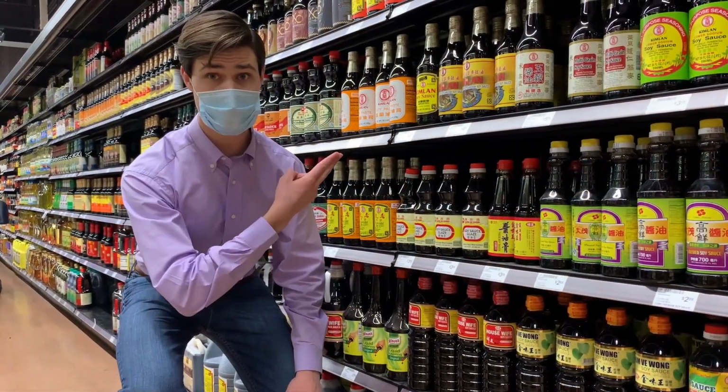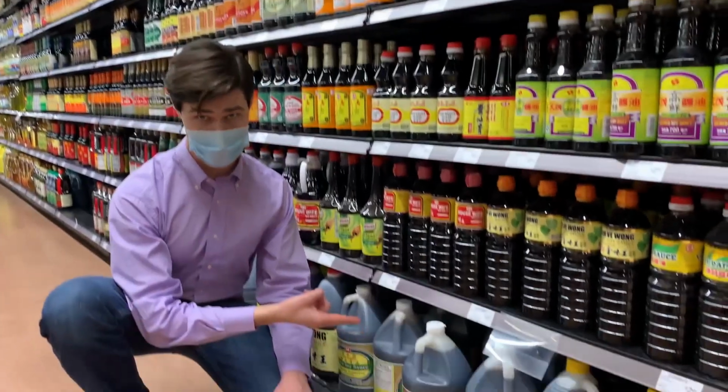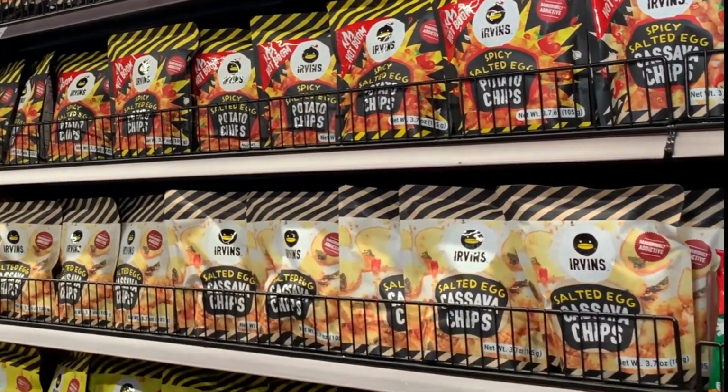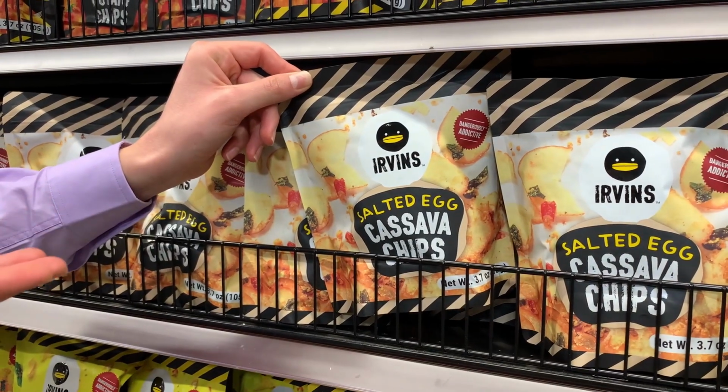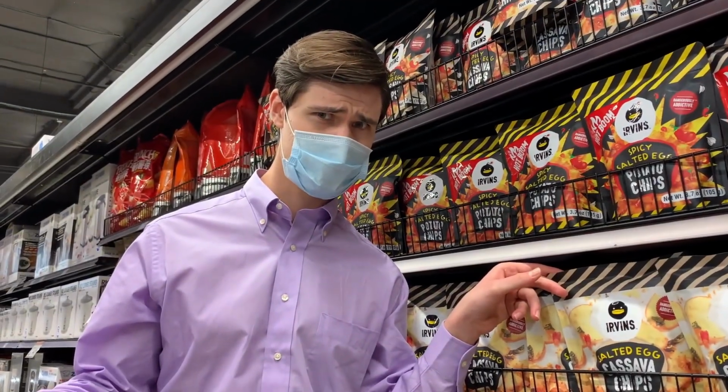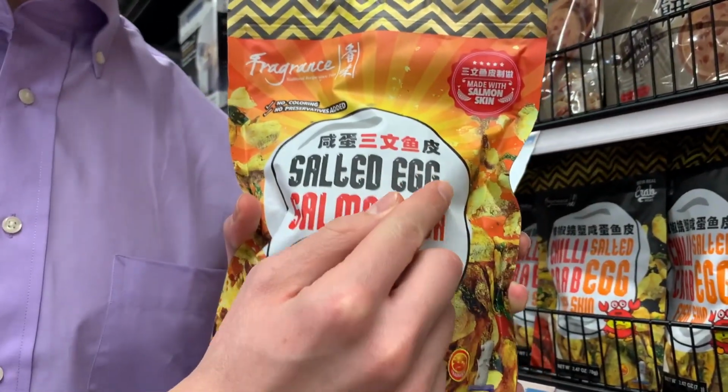Do you buy soy sauce or do you buy soy sauce? Here in the dry goods section, we have everything you need. Noodles, snacks, sauces, hot pot bases. The imagination is your limitation. First of all, cassava, so therefore it has to be healthy. Right? That's how that works? 咸蛋三文鱼皮 is...